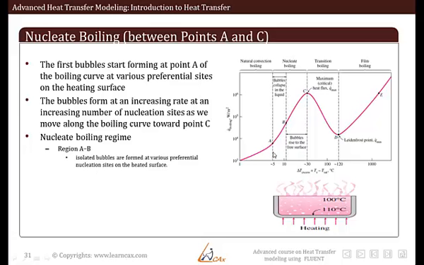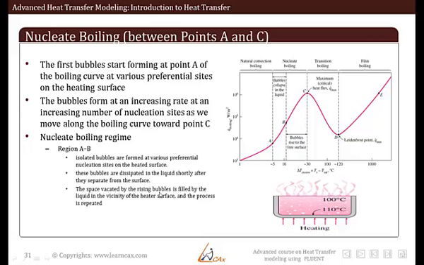In the region between point A and B, we have isolated bubbles which are formed at various preferential nucleation sites on the heated surface. After that, these bubbles are dissipated in the liquid shortly after they separate from the surface. So bubbles form, they get separated, and they get dissipated in the liquid. The space that is vacated by the rising bubbles is again filled by the liquid which is near the heater's surface, and this process is repeated. So the process that happens is there is bubble formation at random preferential locations, and they separate from the surface, they rise in the liquid, and